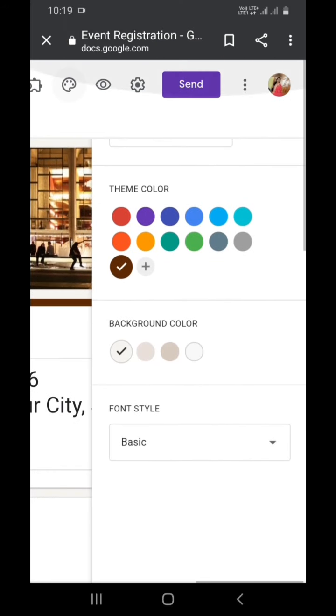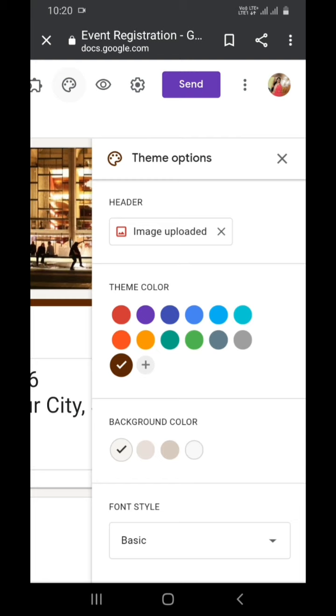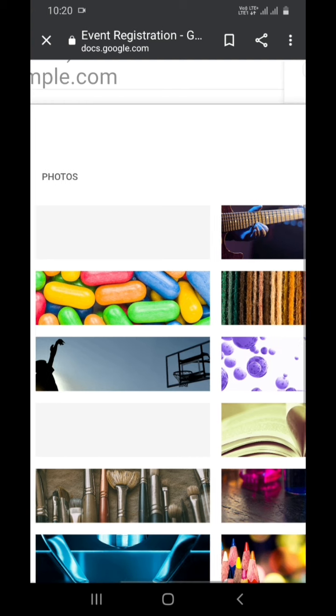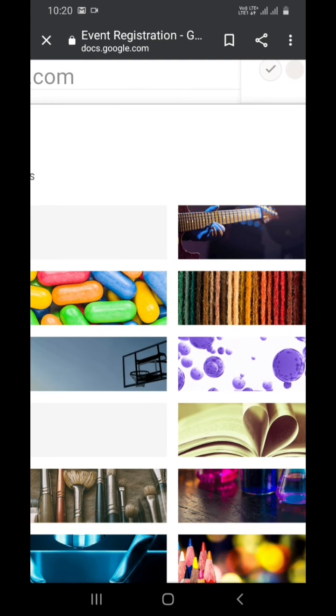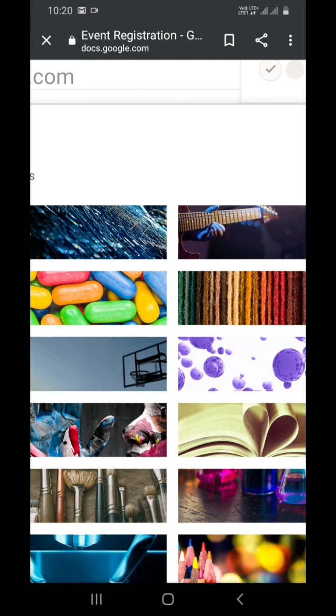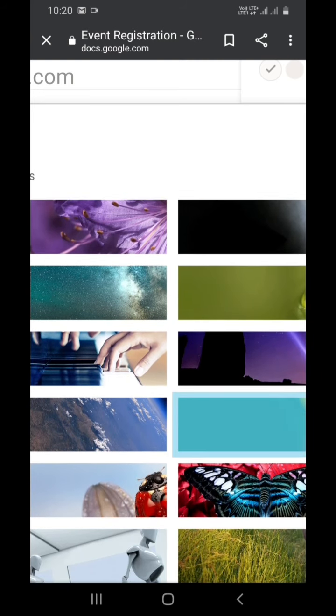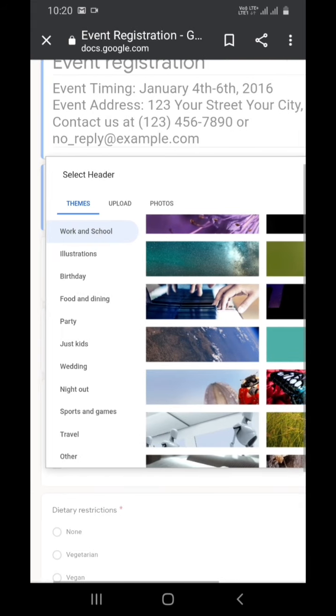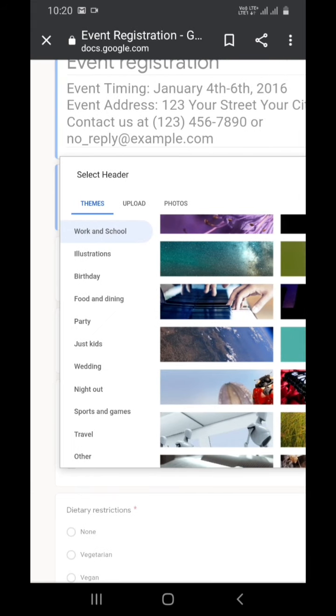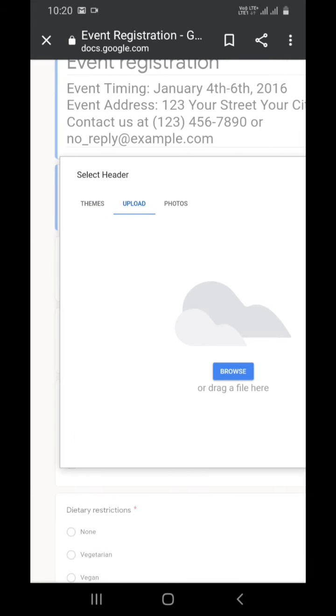Here you can change the image by clicking on it, and you can see the pop-up menu again. These are the ready-made images available in Google Forms. Other than that, we can also upload an image from our system. Here is the option called upload, where we can upload images from our system.